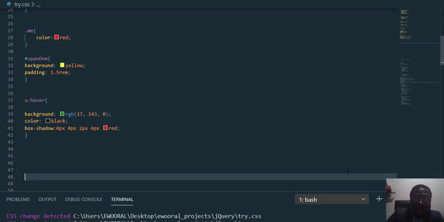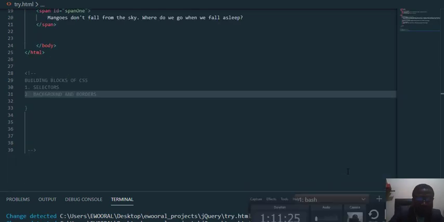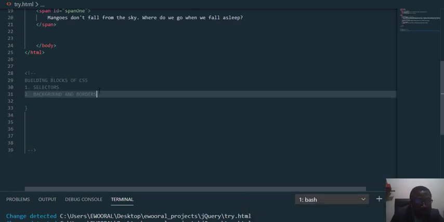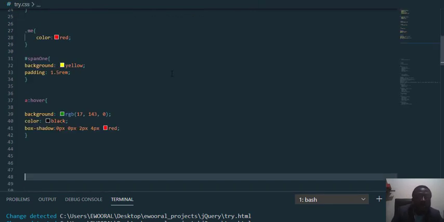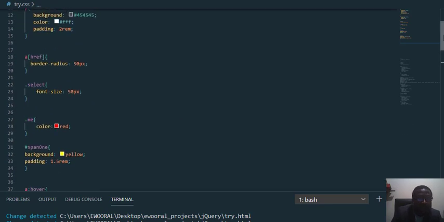So let's go ahead and treat the next building block of CSS. So guys, let's have a look at our second building block of CSS. We're going to treat background and borders. I think I've already talked about this a little, but let's go ahead. This is the second building block of CSS: how to give backgrounds to your HTML elements, and how to give borders to your elements on your page. Alright. So when we visit the code here,